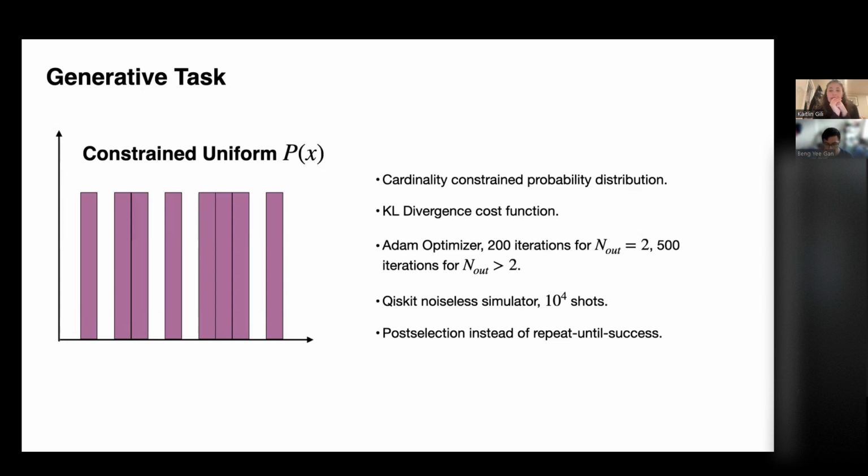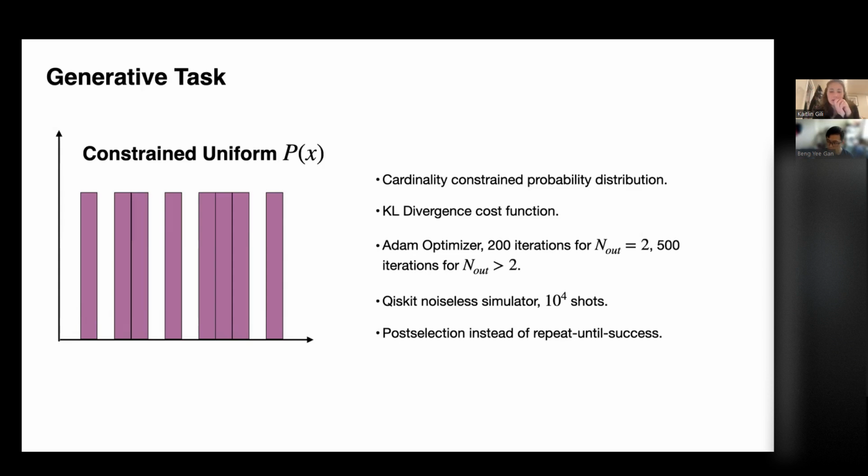And then we used KL divergence as our cost function. Again, KL divergence isn't very scalable, and I wouldn't recommend that we keep using this once we scale up. But for these small scale networks, it does just fine. We used an Adam optimizer for 200 iterations. We basically trained these over different networks, and I'm about to show the data. But for 2 output neurons, we used 200 iterations, and then when we had more than 2 output neurons, we